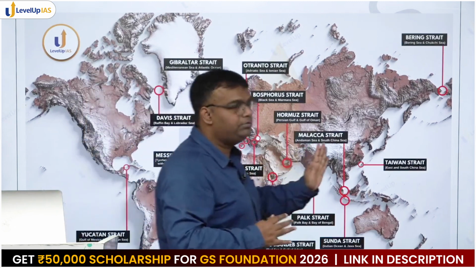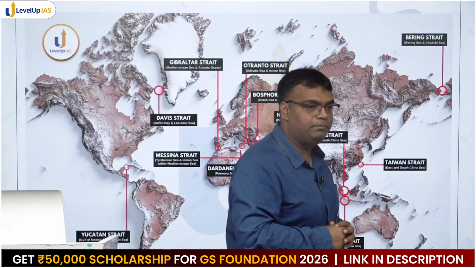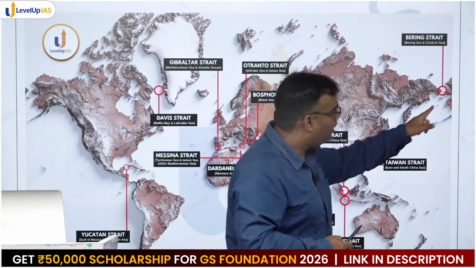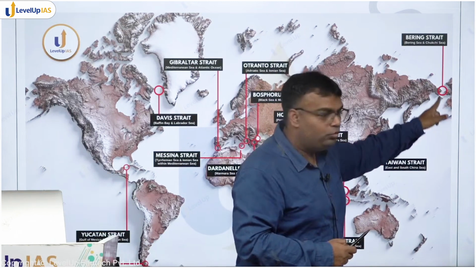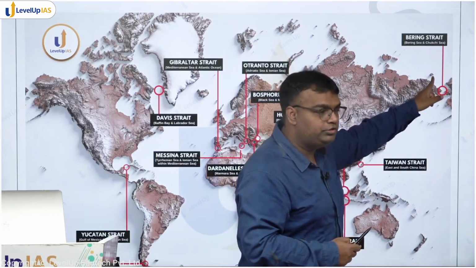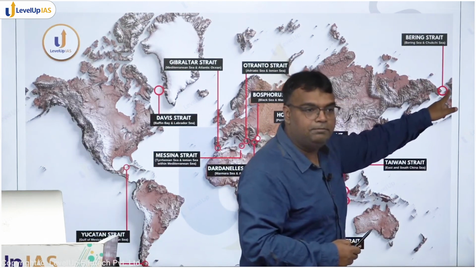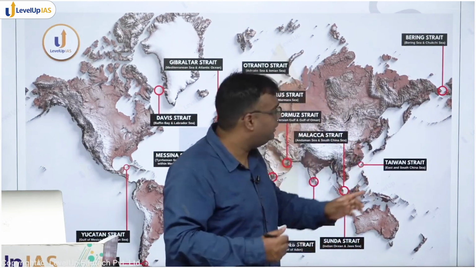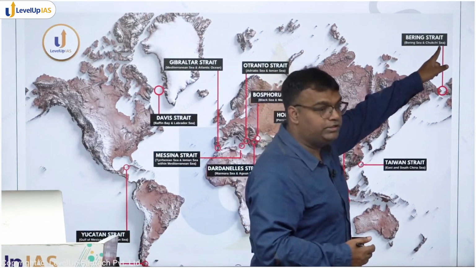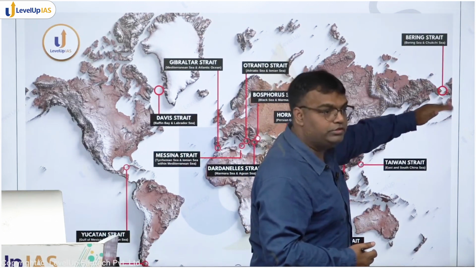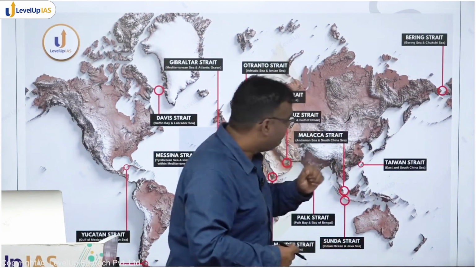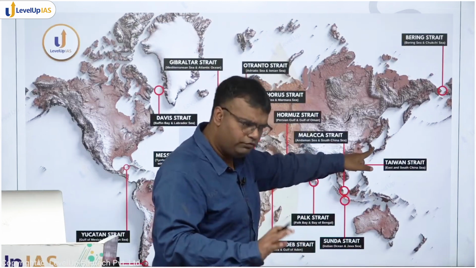In straits also, when we start, the first strait is the Bering Strait. You will see the Bering Sea here, we know that. Above it is the Chukchi Sea, so the strait connecting the Chukchi Sea and the Bering Sea here is the Bering Strait. Similarly, it's written here Bering Sea and Chukchi Sea, but Bering is on the lower side, Chukchi on the upper side.